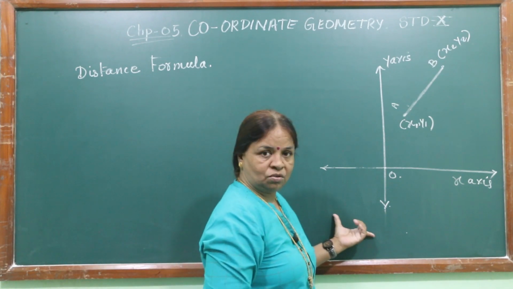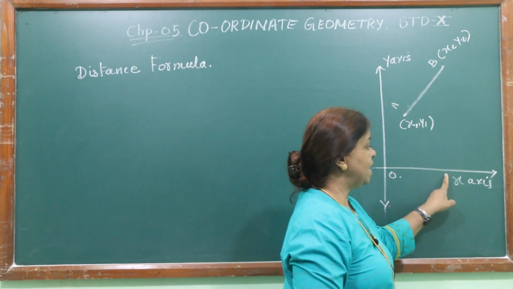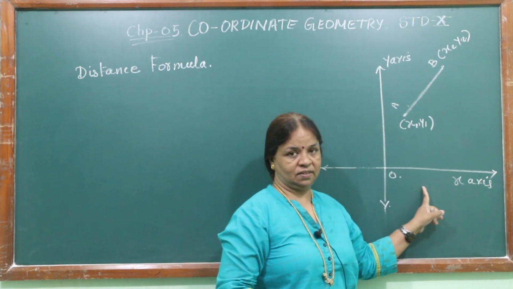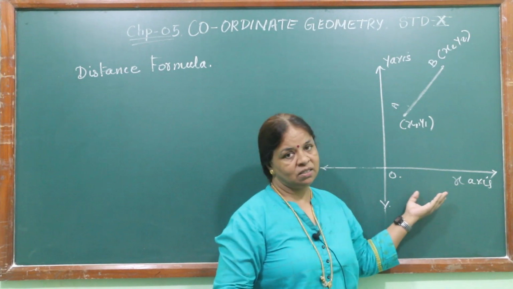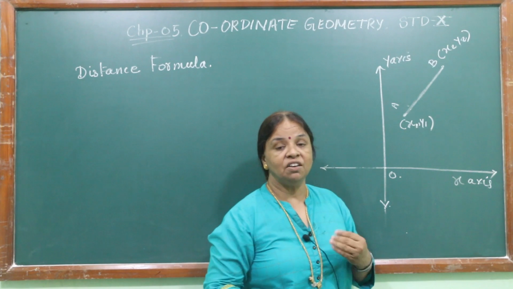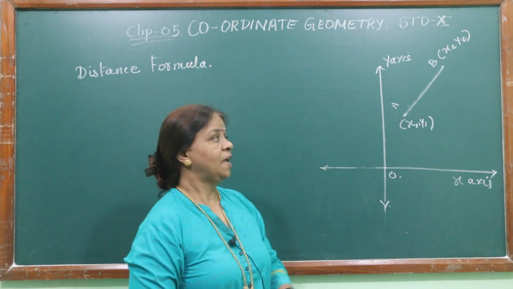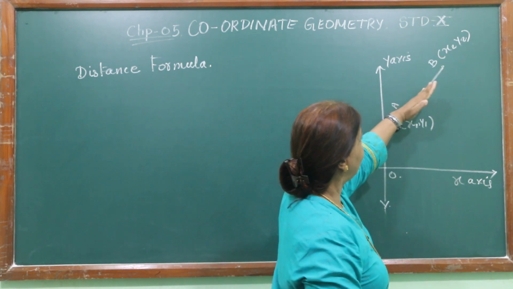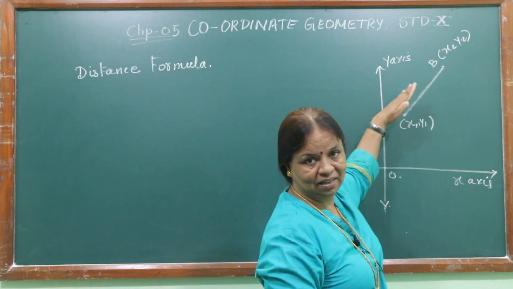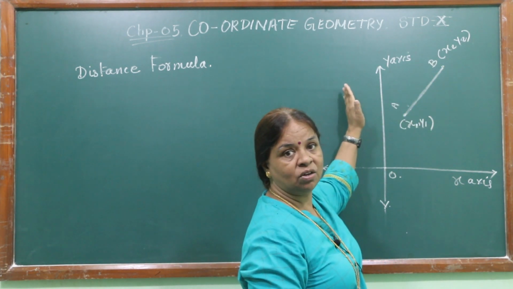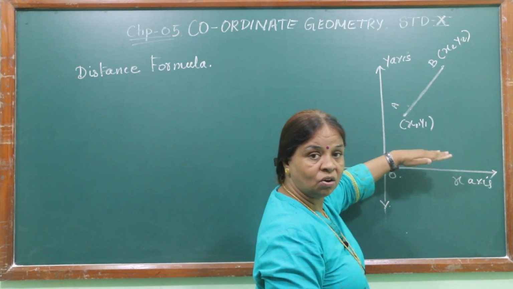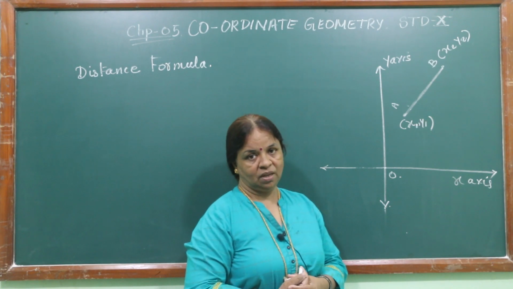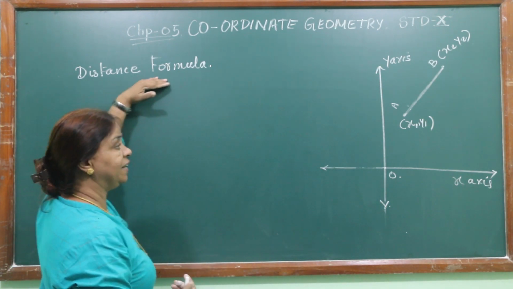In earlier sums you saw when the points were on the x-axis and points were on the y-axis, it was easy to find the distances. Large coordinate minus the small coordinate was easily giving you the distance between 2 points. But here you see point A is here and point B is here, and they are not lying on one line. They are not lying on one axis, neither on the y-axis nor on the x-axis. Then in this case, how to find the distance between them? And this is the formula which we will be deriving.